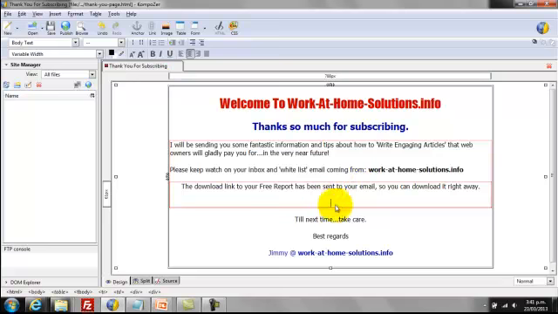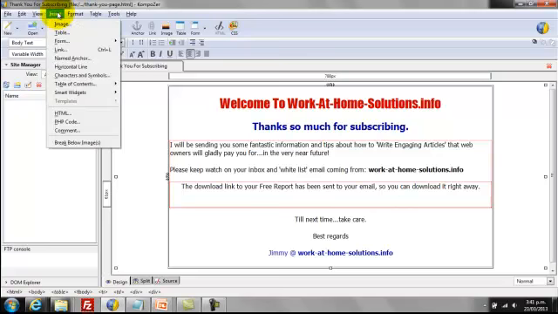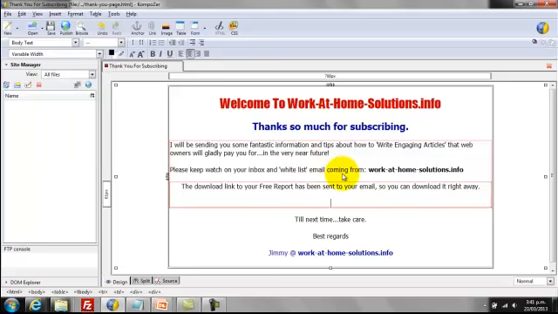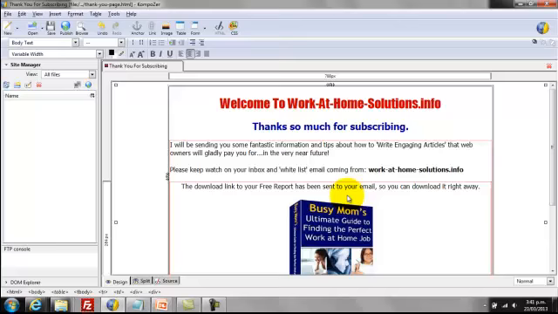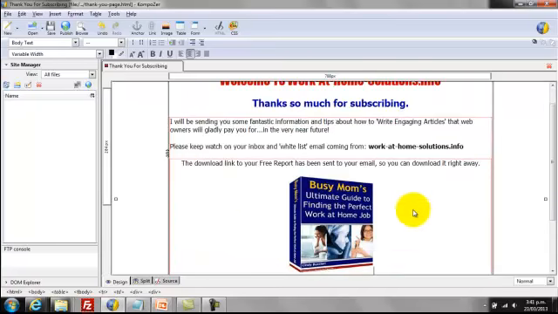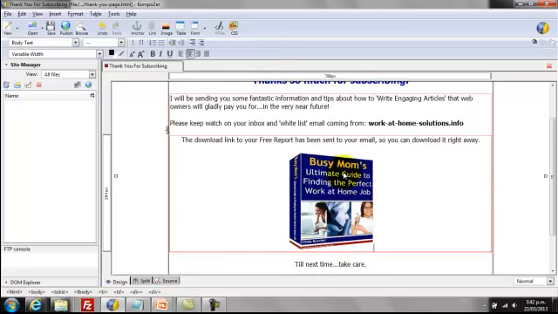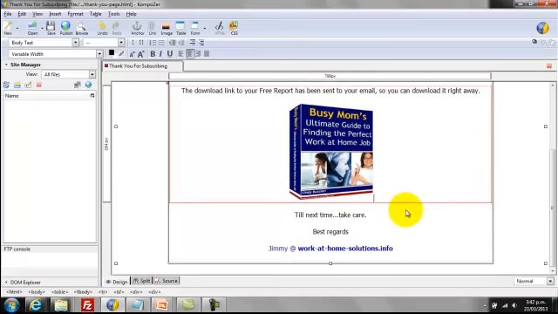Now we can either paste it directly in here, or we will go up to insert. No, sorry. We're copying it directly, so we'll just paste it in. We'll go Control V. There we are. Now the download link to your free report has been sent to your email, so you can download it right away. Okay, and then they see that link, right, they know where they are, and now they're getting reminded of